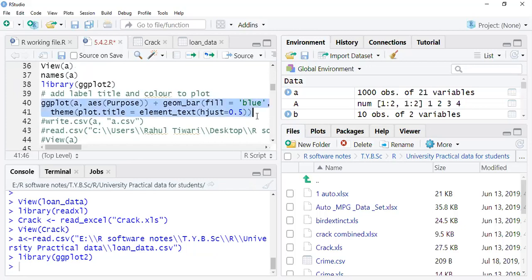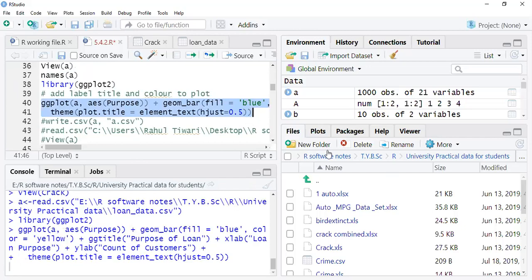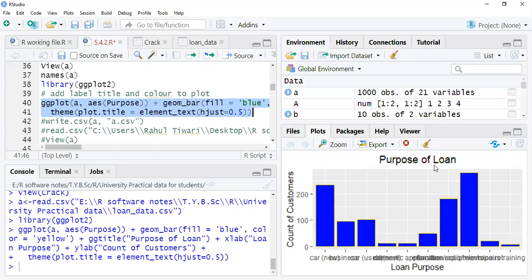So this is a simple bar diagram. If you're able to see this plot, just a minute, it is executing. Okay, so you can see this is the simple bar diagram plot we have seen. And if nothing is mentioned, then I told you that you can always execute the label. You can set the color, whichever color you want, then the title, keep it in the center, x-axis, y-axis, etc. Whatever basic things are required, you can always perform with that.